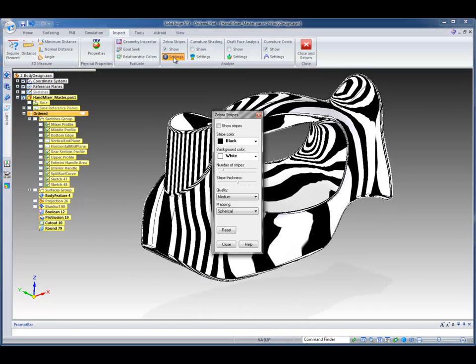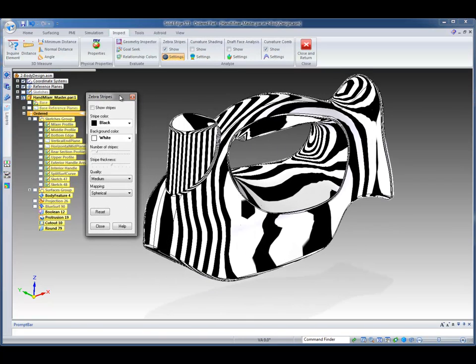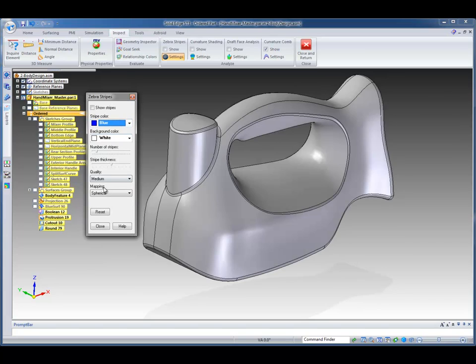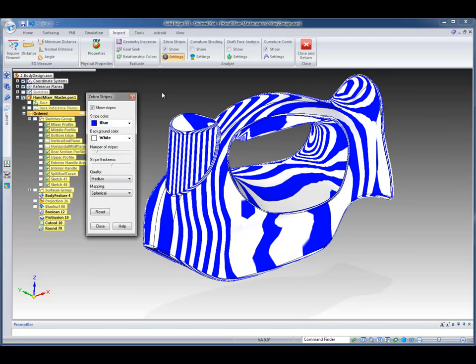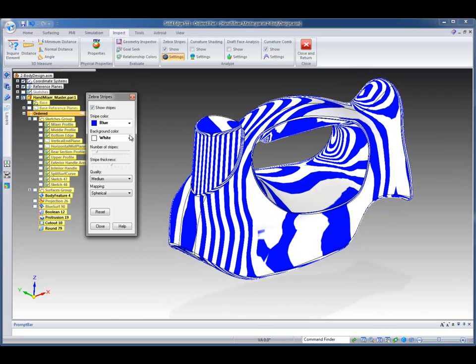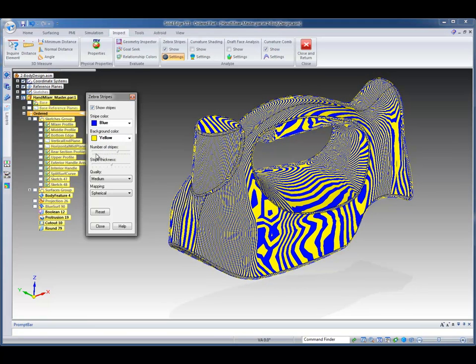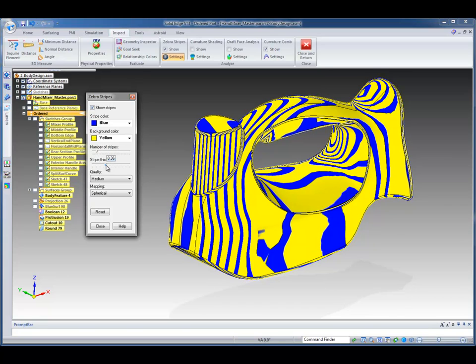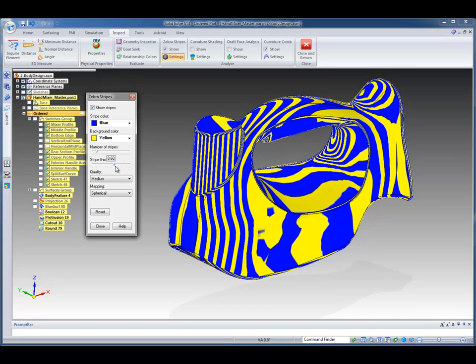And if you want to go to settings, obviously we give you several different options. Maybe you want to work with something a little bit different than black and white. You can work with blue and white, or you can even change one of those colors to yellow and give you a little bit different look. You can change the number of stripes, obviously, if you want to do that, and also the thickness. So just kind of depending on what you're